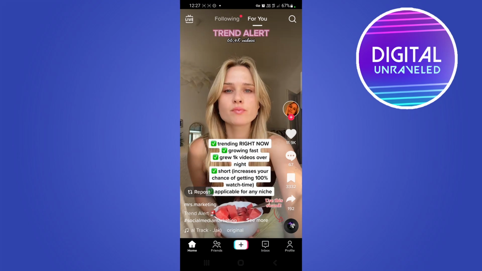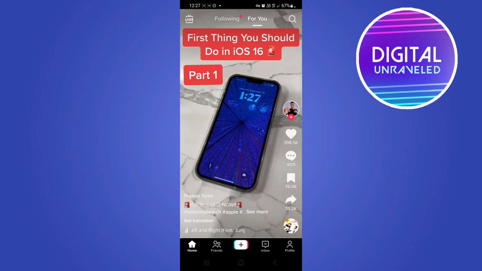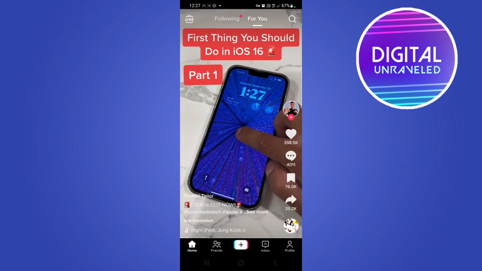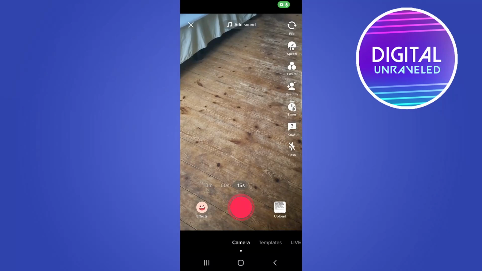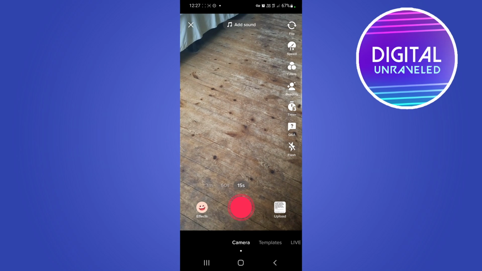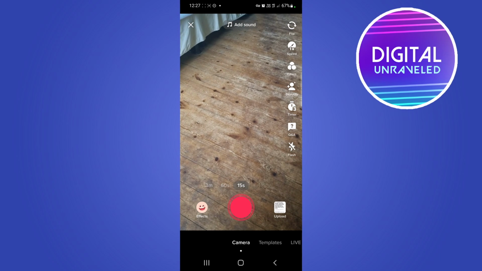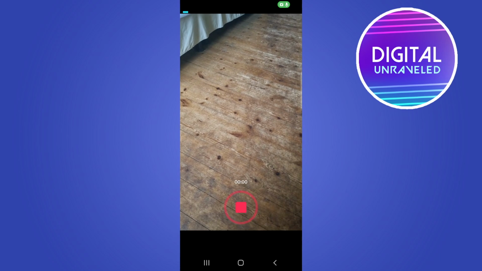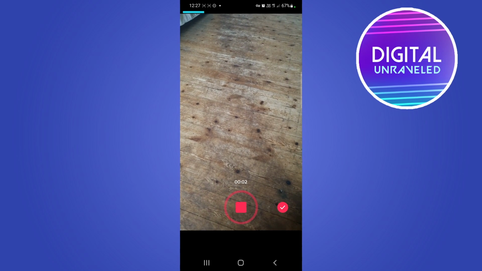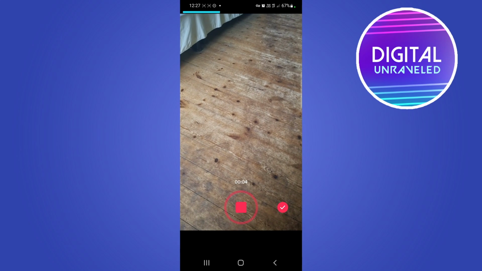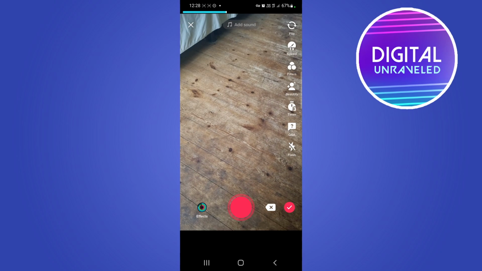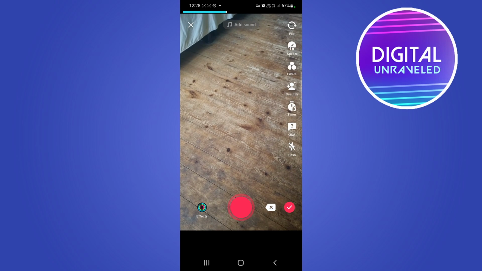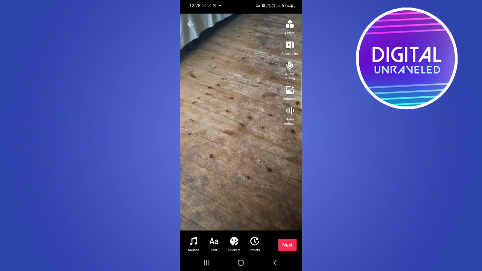So I'll open up TikTok, and when you're on the home page, just tap the plus icon at the bottom in the center to create a new TikTok video. Now you can either create a 15-second, 60-second or 3-minute TikTok video, or upload one from your camera roll. So I'll just record something real quick to demonstrate this, so I'll let it go for that long and then press stop. And now just tap on the tick mark at the bottom right hand corner,